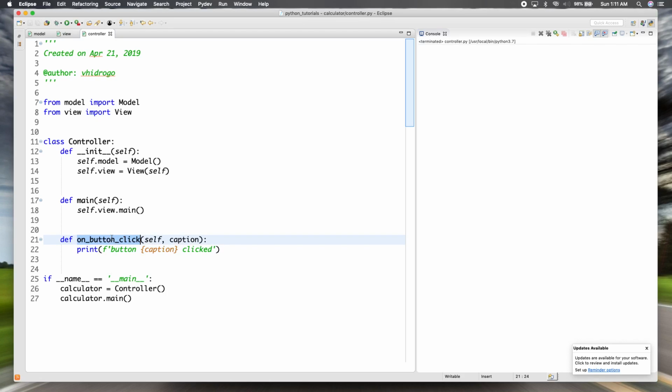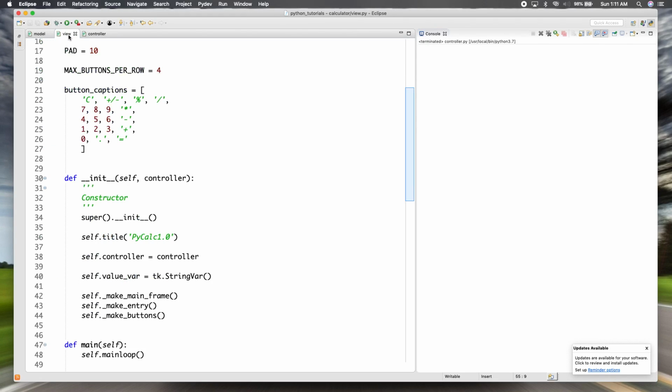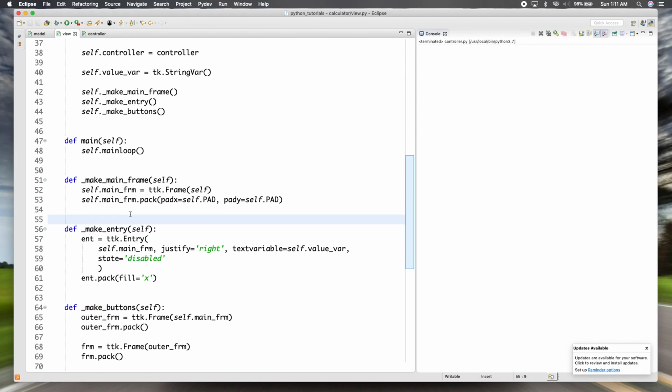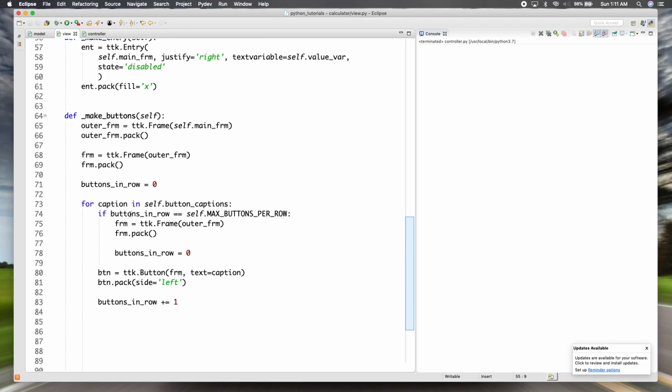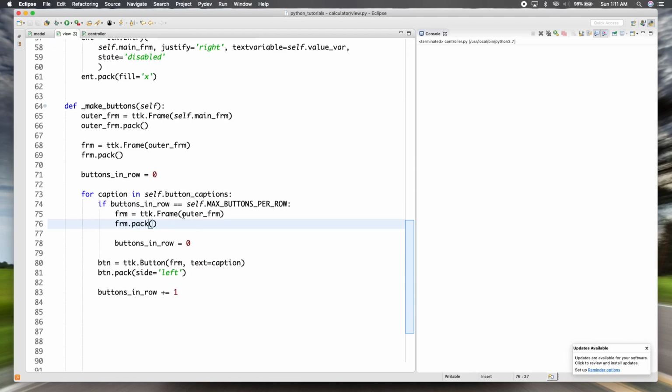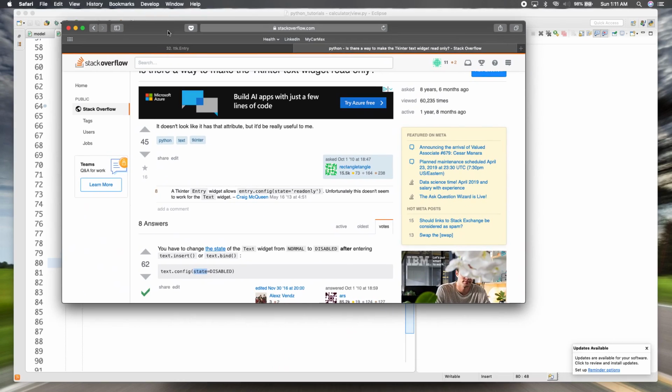So this is going to be our callback function for when the user presses a button, any button, because we're only going to be using one. So now we actually have to go back to our view. So when we create our buttons here dynamically, another option for buttons, going back to our reference over here,